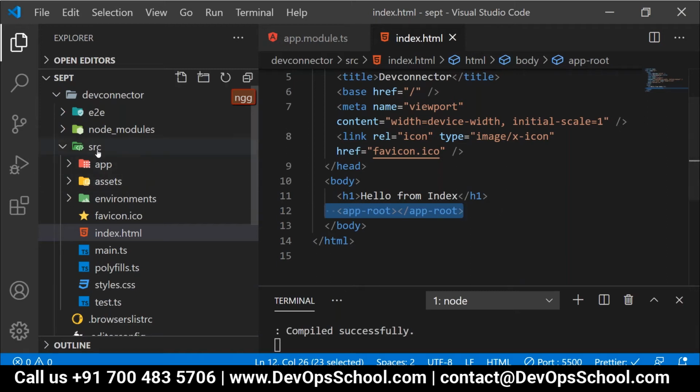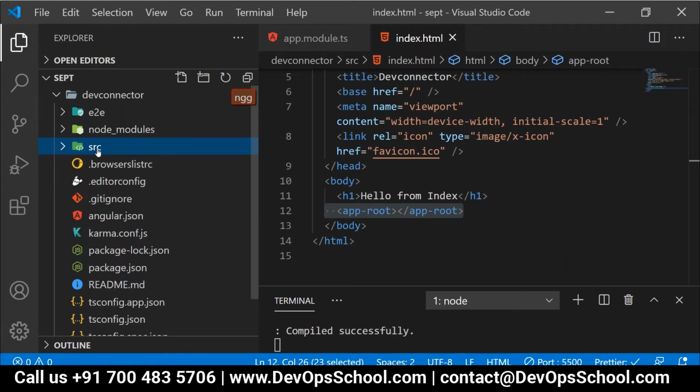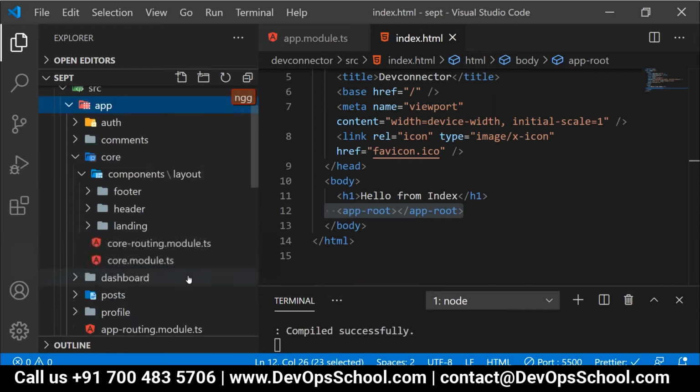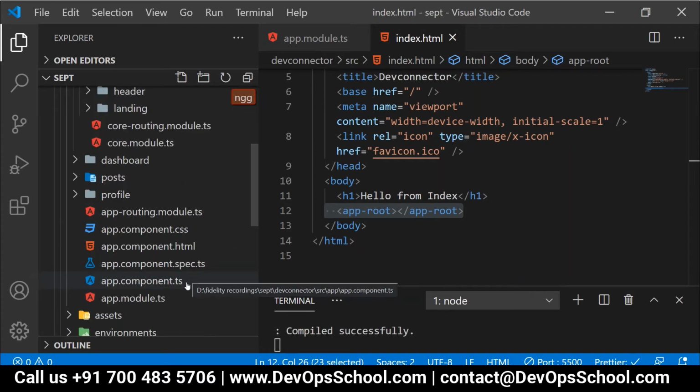Now, people tell me, when you create any Angular application, how many modules do you get by default? One. That is nothing but app module. All of you agree with this? Yes. You will get by default only one module called app module. In the same way, by default, app module has a root component, which can be referred to as an entry component, called app component.